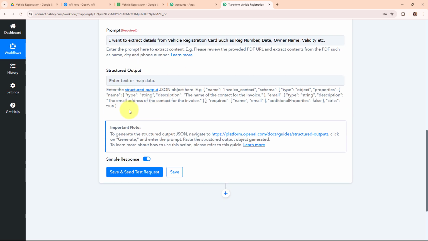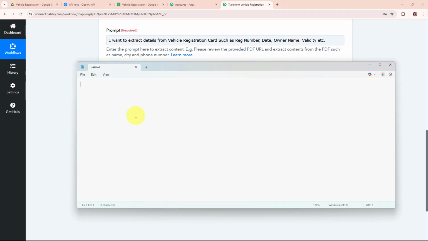So now for that, what we are going to do is that we are going to open Notepad first. And here in this notepad, we are going to write a simple code, or you can say a simple text for the details we want to extract from our vehicle registration card. So let's suppose that firstly I want to extract the registration number. So for that I'm going to firstly add the title over here, that is registration number. And then I'm going to add the type of data it is, that is type of text. And then I'm going to give a text line that is give me the registration number.